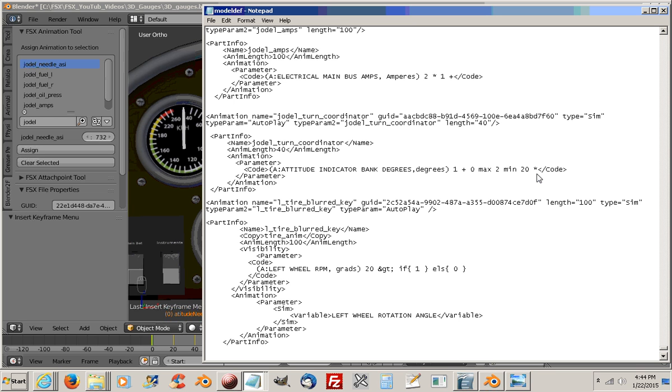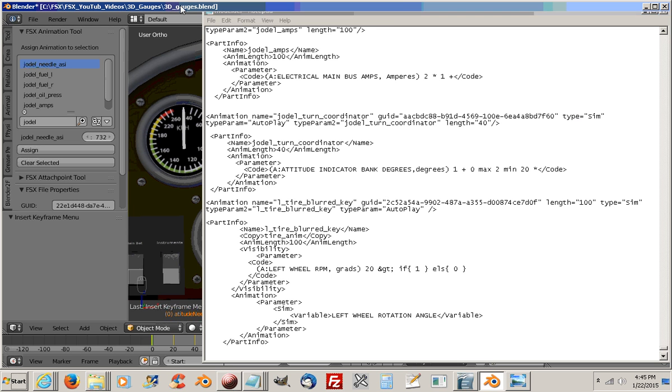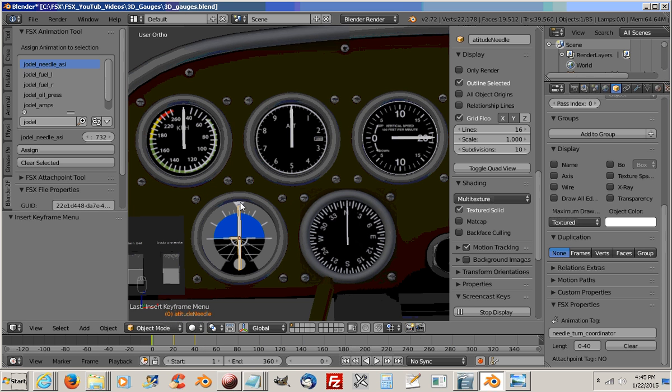And everything works good, it's just too sensitive on the movement. When you bank, it goes a little too far sometimes. So I'm having to try to figure out how to correct that. So that's the code you'd use for that. But remember, your starting point you want to have,